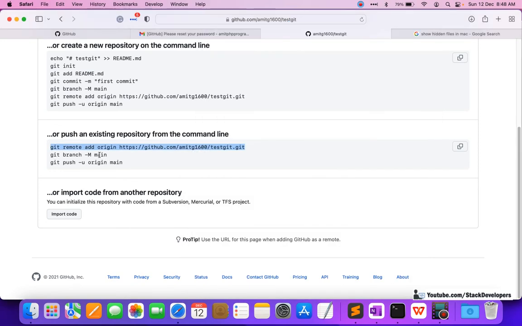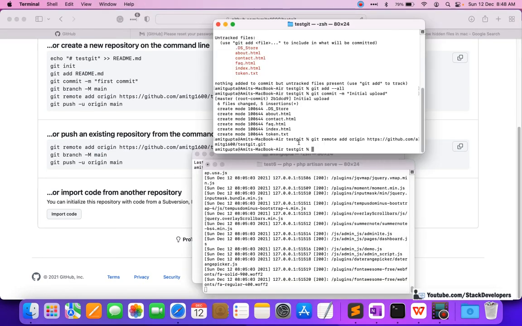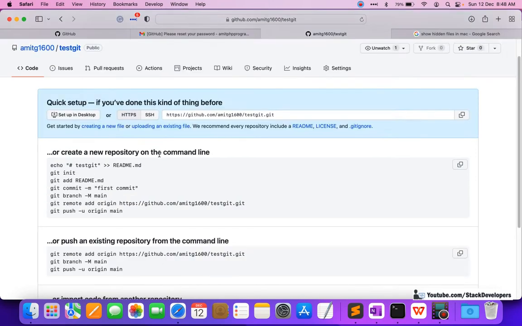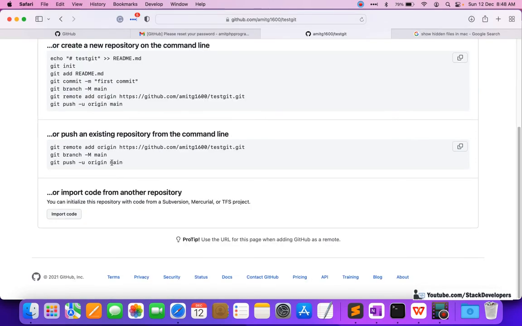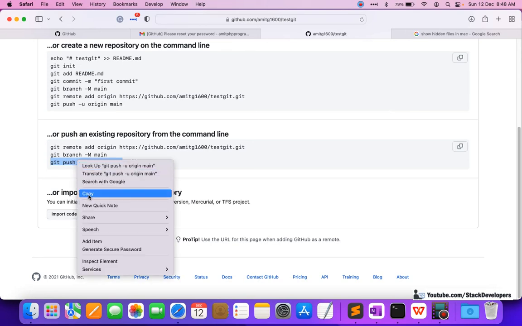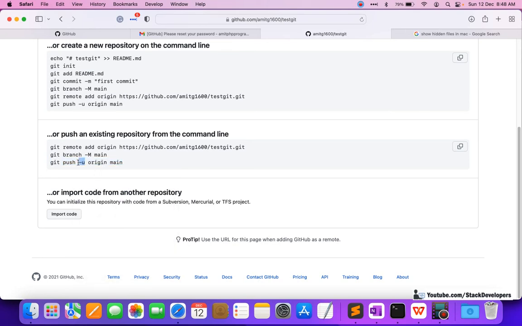See, by default it is going to take the master branch. So we will just do git push -u origin master. This u we are using as an option.